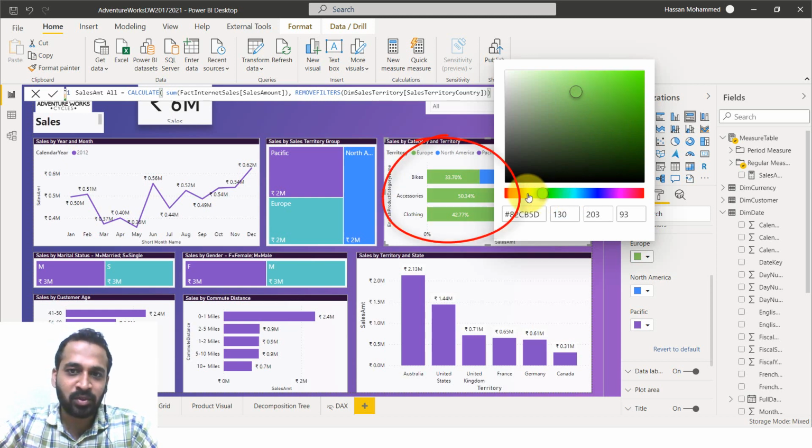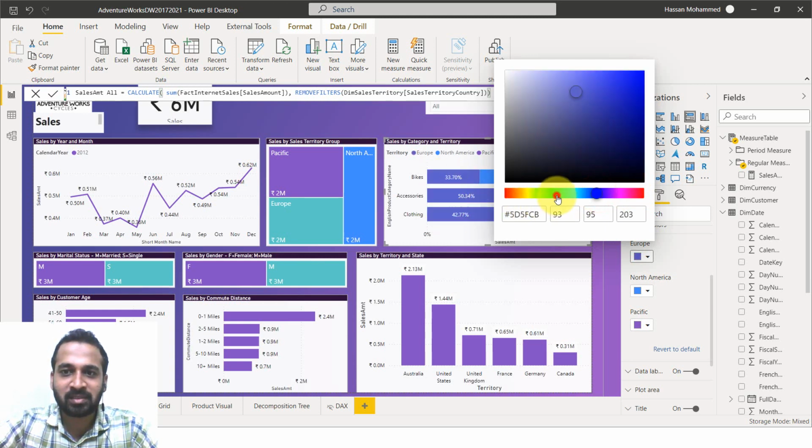And the good thing is, if you see, it is changing in real time. This is also a hidden feature. So it is changing here, right? If you select here, it is changing a bit here. If you want to select blue, it's changing here. It's green, it's changing here. Not only that, if you have an RGB color, you can also mention it here. This is also an awesome update.